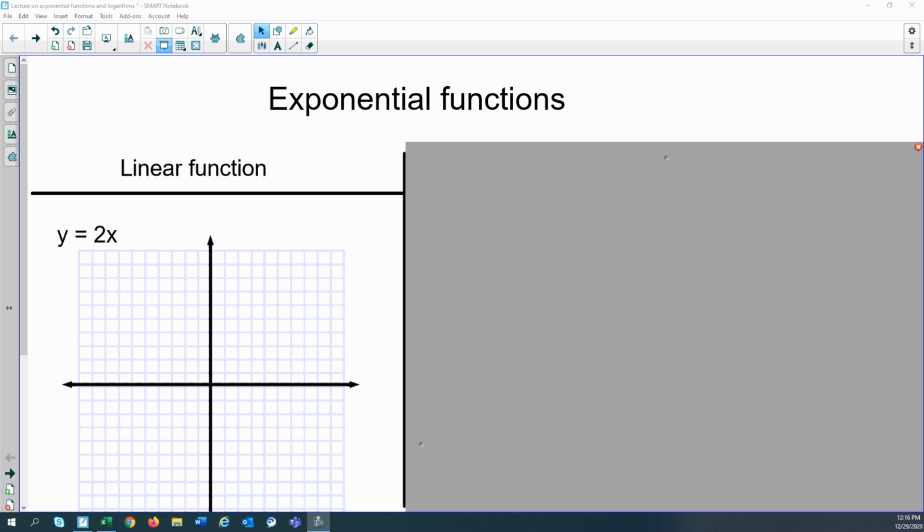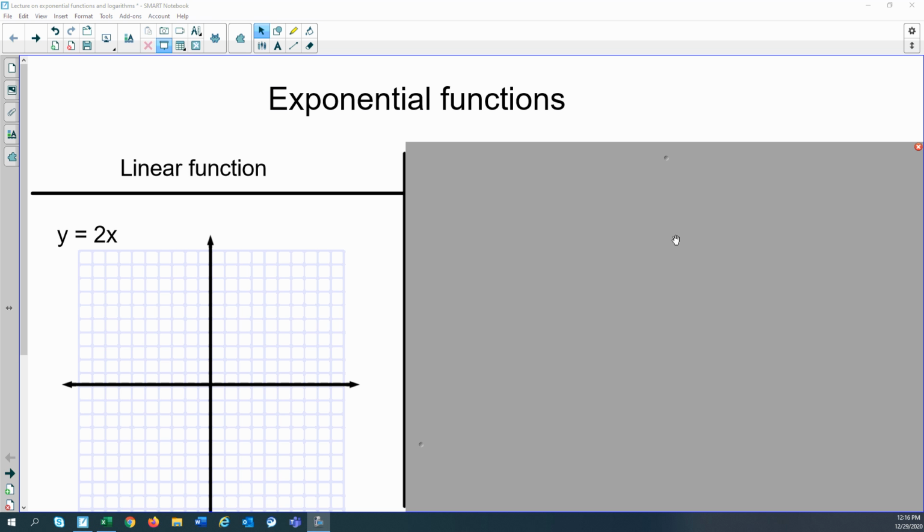Hello class. I wanted to do a little brief introduction to exponential functions and logarithmic functions. We're going to go into just an intro to them, give you an idea, and then if you want to explore a little more, you can explore a little more into both of these. They do have a lot of applications that you can find, so it might be good to explore a little